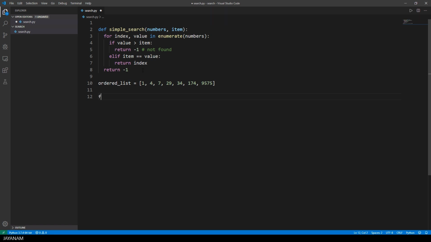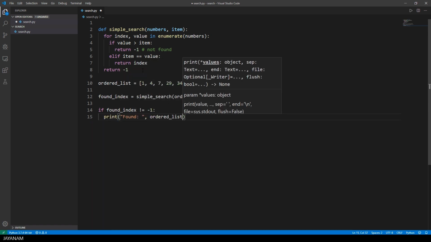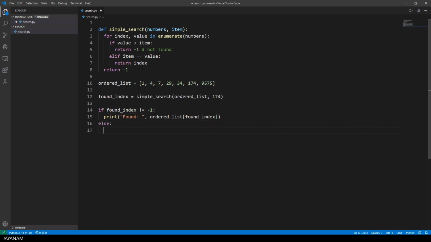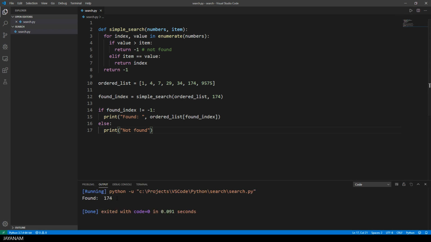Okay, now let's test if this function works as expected. I call the function and store the result in a variable named foundIndex. If it is found, I print out the value of the list with the found index, and in the other case I print not found to the console. Okay, then I start the program and yes, it works,